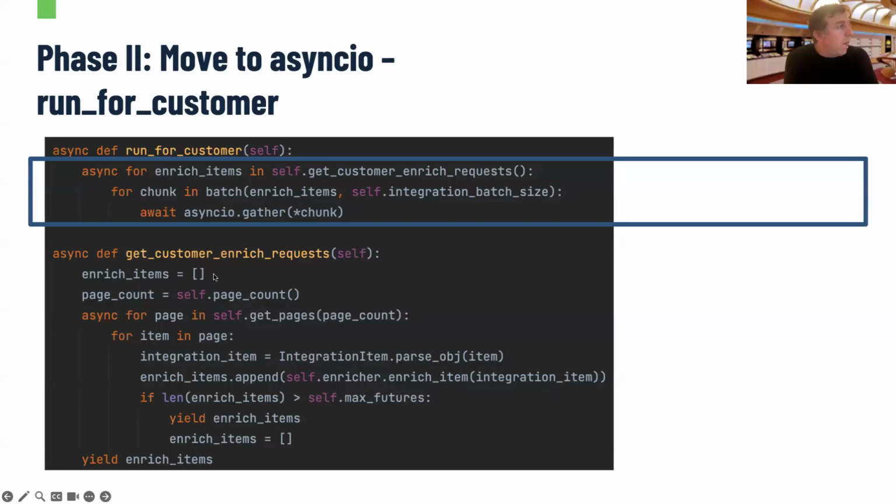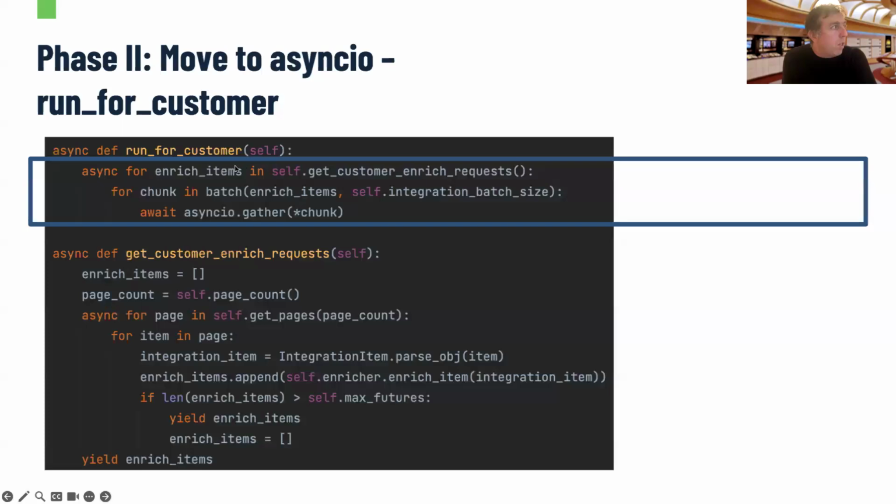So maybe just what we're doing here syntax-wise is we wait for each of the pages. So this is an async iterator, right? But this is the coroutine which returns an async iterator. And each of these pages contains items. So you want to enrich each of the items. So you create coroutines for each of the items to be enriched.